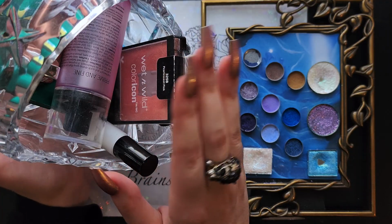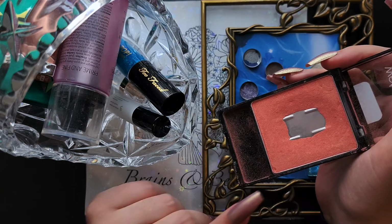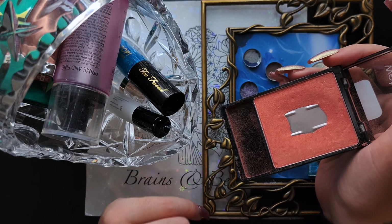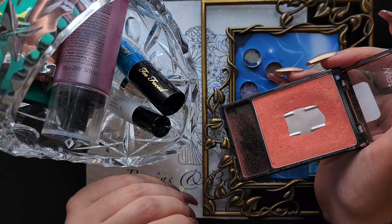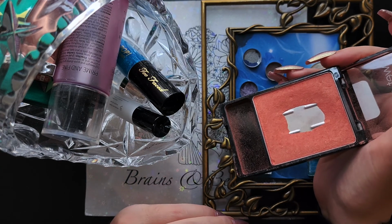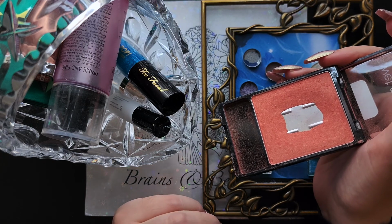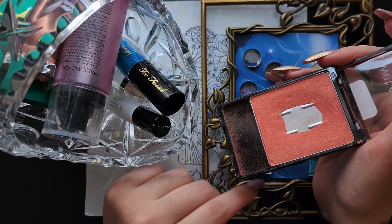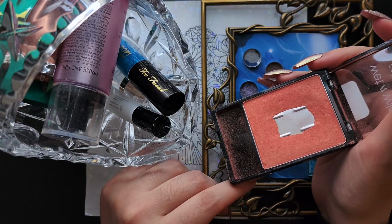So I'm going to try to really speed through these. I'm going to start off with the blush. The huge pan in it is because I had it in my project pan last year, and so I definitely used it in 2021 way more than I used it during this month because it was in my project pan for like the whole year. So I used it last year 100 times, and in this month I used it 7 times,